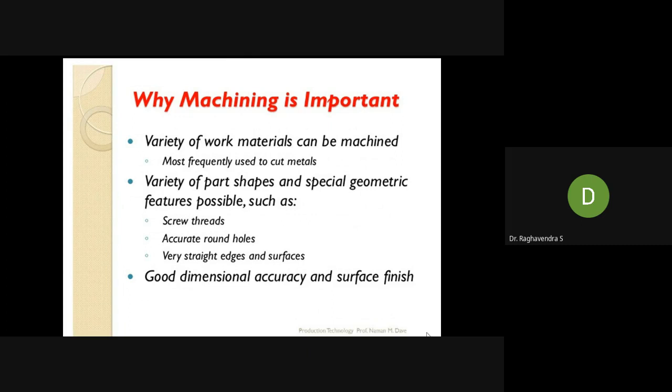How do they manufacture it? They will take the steel pipes with a circular cross section or some rectangular cross section, whatever it is, cut them with the cutter, and join them with the other material. They will take the shape. They will put the nuts and bolts, make the straight edge, remove the straight edges, and make different profiles. So all these things are done in the machining process.